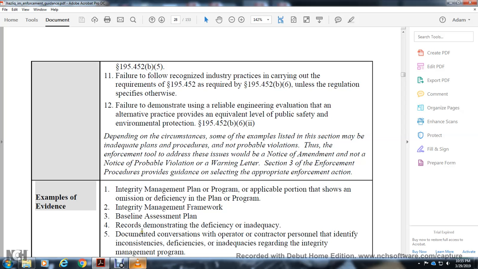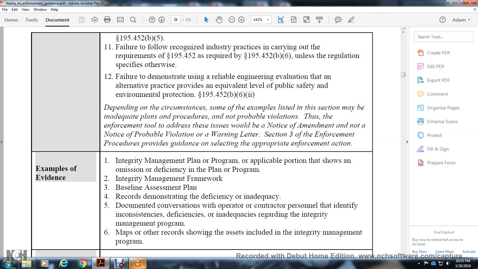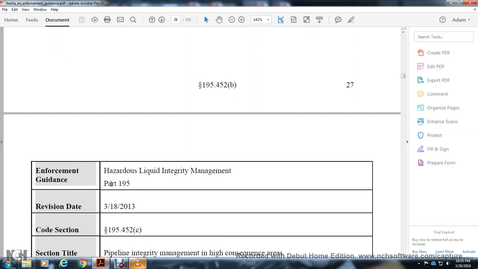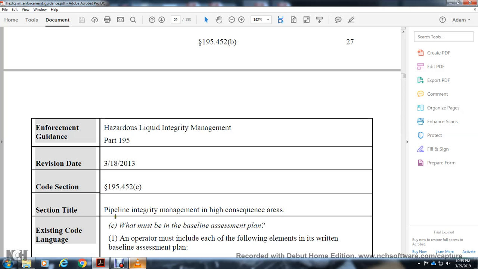deficiency and inadequacy. 5. Documentation of the conversation with the operator and the contractor personnel regarding the inconsistent deficiency and inadequacy of the integrity management program. 6. Other records showing assets, including the integrity management program. Other special notations. Alright, enforcement guideline: Liquid Integrity Management, Part 195, Revision 3/18/2013. Code Section 195.452(c), Baseline Integrity Management,